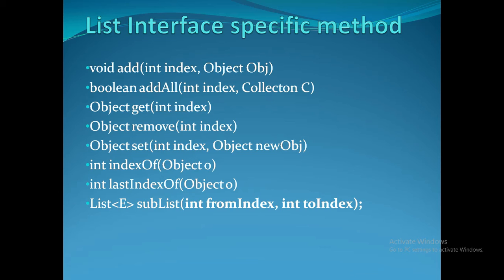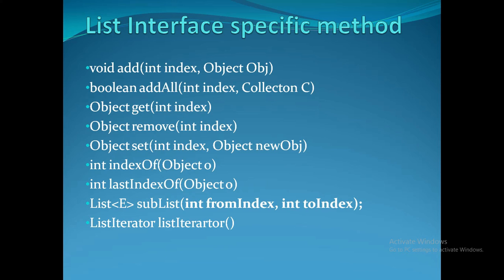So that is subList. Then the next one is listIterator. We have seen one type of iterator already in the Collection interface, right? We have a special type of iterator, listIterator, in the List. The iterator which we have seen in the Collection interface is only one directional. It can move in the forward direction only. But this special kind of listIterator can iterate backward as well as forward. So that is the advantage here for the List.